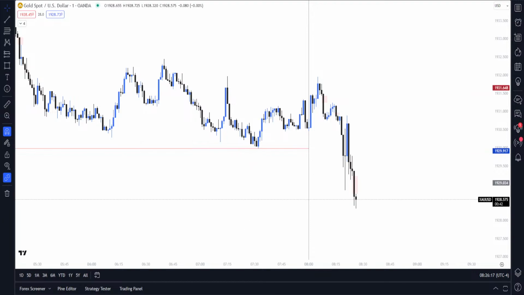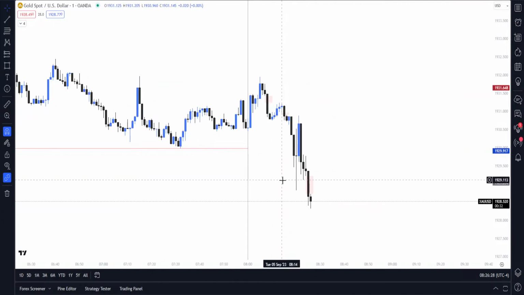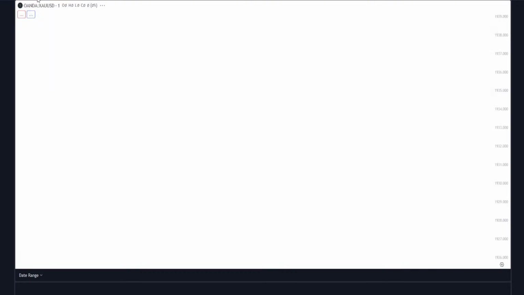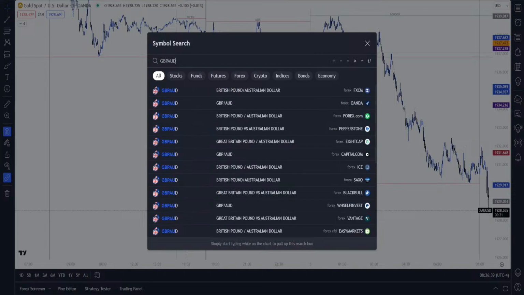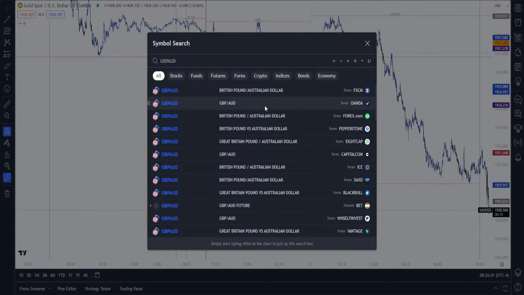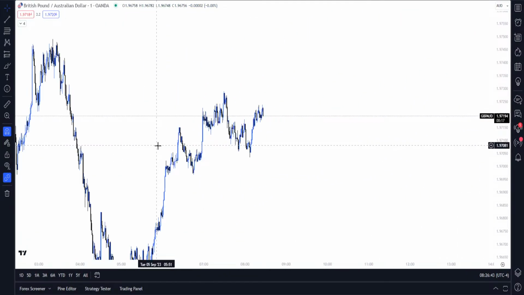Okay. Maybe while we wait, I will take a look at something else. We could take a look at yesterday's trades on AUD USD and GBP AUD. So if we look at GBP AUD, we will take a look at this one here, and I believe it